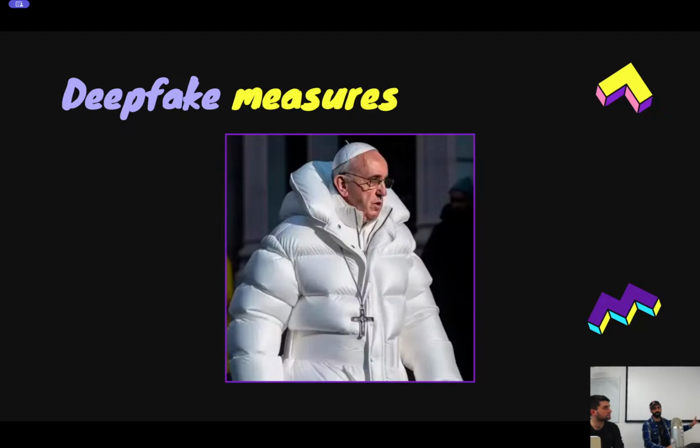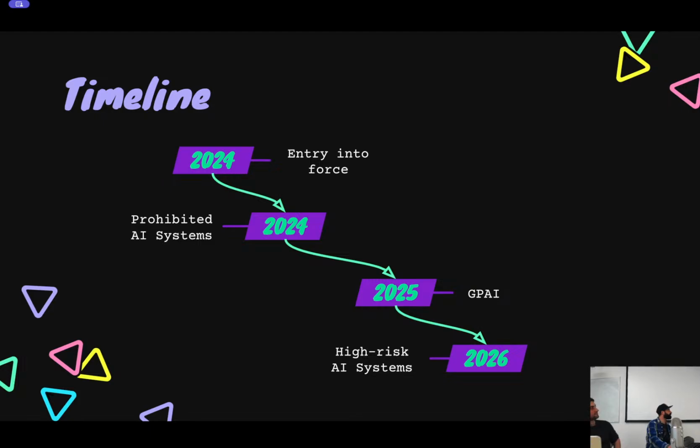I'm not going to talk about them. There's a couple measures in the Act that are meant to deal with deep fakes. These involve letting people know that they're engaging with AI, doing watermarking, or taking other measures to let folks know that they're looking at outputs, e.g. the images that were synthesized by AI. Just know that those are out there and check them out if they're relevant to you.